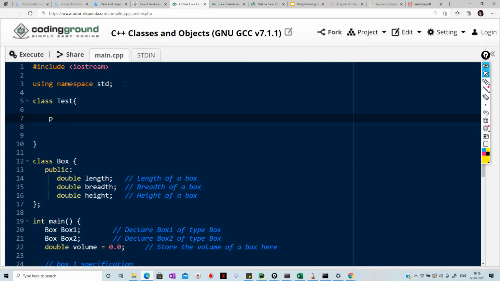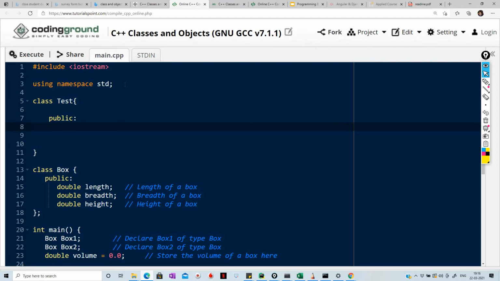So our goal is to make it public. Here, under public, I'm going to declare some variables. Let's say one int variable, just to make it simple: int age. And remember one thing, I'm not initializing the value, I'm just declaring the variable. That means it is not taking space in memory. Memory space is taken when the code runs.